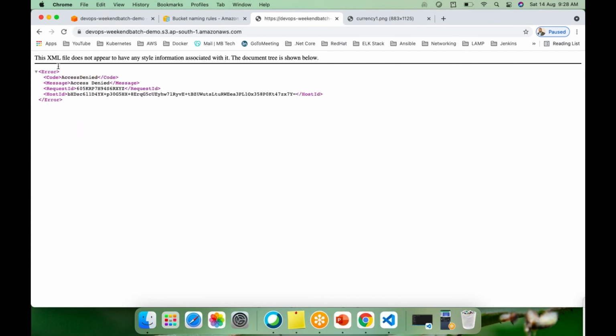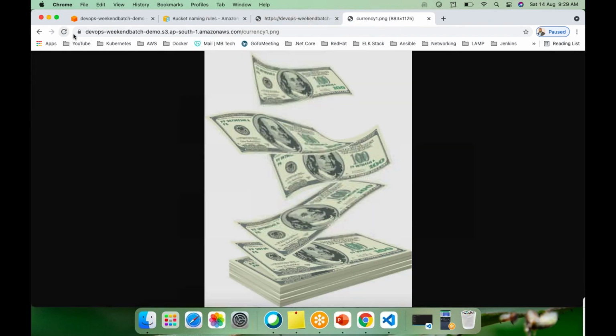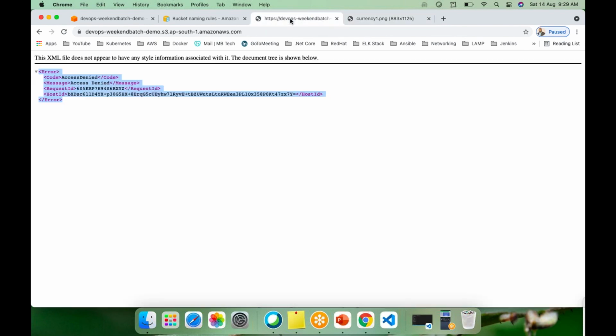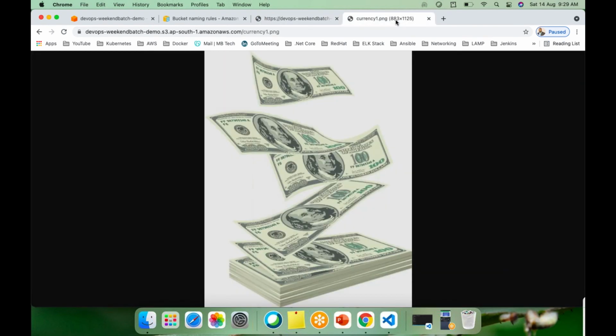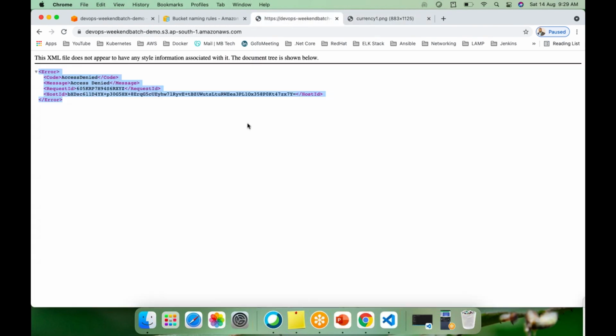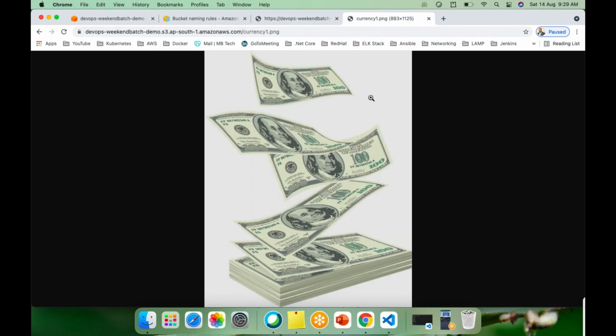suppose he wants to see what the content is here. What he has to do is simply copy this link, put it here, and copy the currency file and give it here. Sorry, I did not copy it. Okay, copy it here, put it, hit enter. See, but I had only shared text.txt with you. You should not know this currency.png.